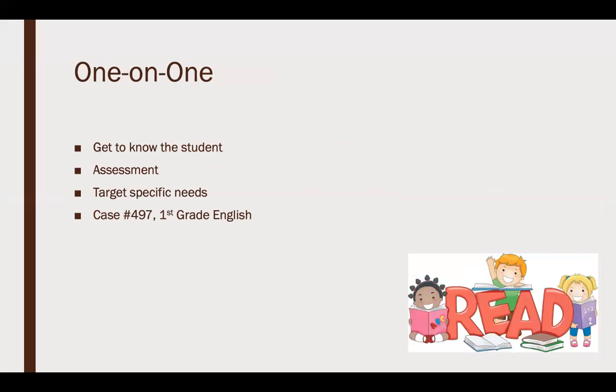I saw an example of this in the first grade English lesson. The teacher had the students paired up to work on the assignment, but as she was walking around the room, she had short conferences with each student. She would ask them to explain the part they connected with in the story and why, and then she had them read that part aloud to her to check their reading. This was a great example of how to work one-on-one with a student during a larger lesson.